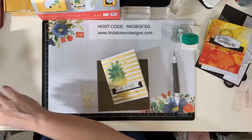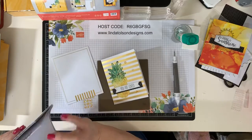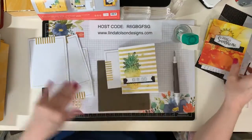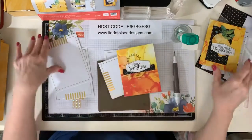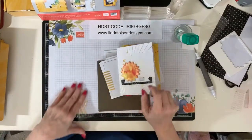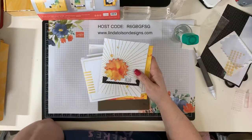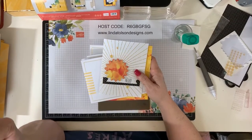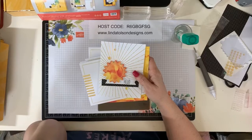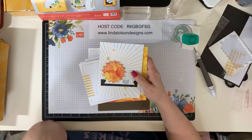Okay, and then with the envelopes, I'm gonna put at least 4 of these cards. Since I only get 8 per kit, some of the bags are likely gonna get variations of these cards with different card bases. I'm probably gonna use my tropical,